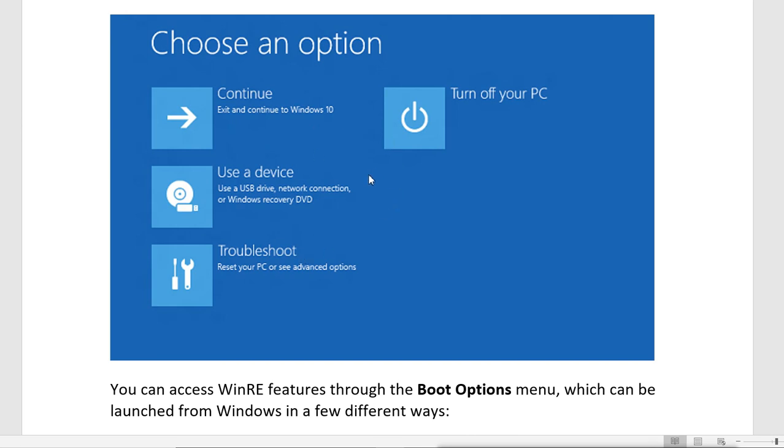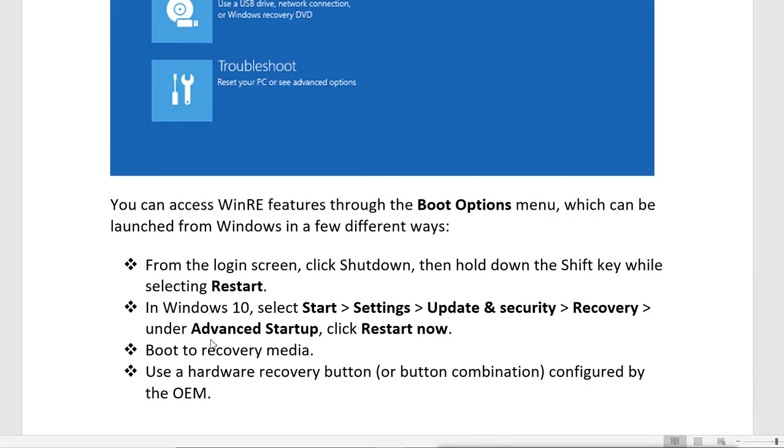Or you can go to the recovery media. Now, where will you get the recovery media? This recovery media is actually your installation DVD. In the installation DVD you have the recovery option, and also you can create a separate recovery DVD. How will you create the separate recovery DVD, recovery media? You will create it by going into the backup and restore option in Windows.